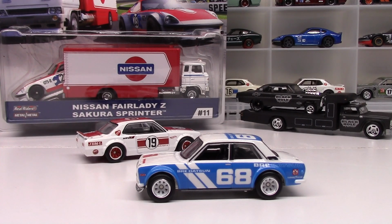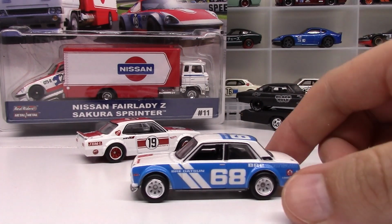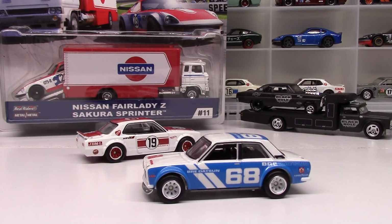Today we would talk some about the Team Transport releases from Hot Wheels Car Culture. I know it's been a popular item recently online and in stores. We've seen a lot of it lately, but I just wanted to share a few thoughts about this series. I actually didn't think I'd be able to find any in stores based on their anticipated popularity, but I actually